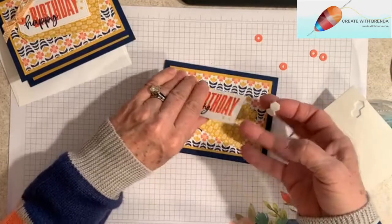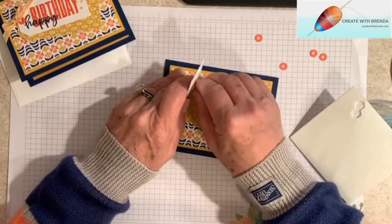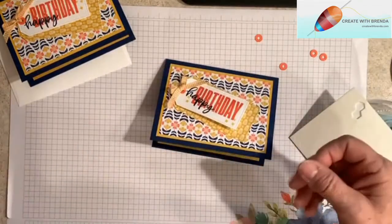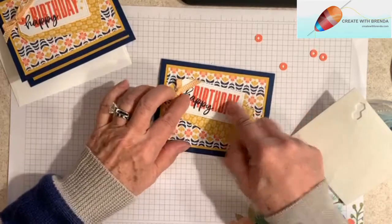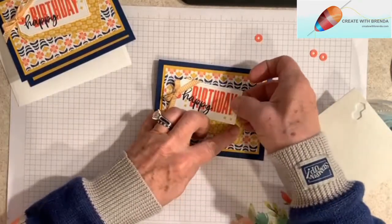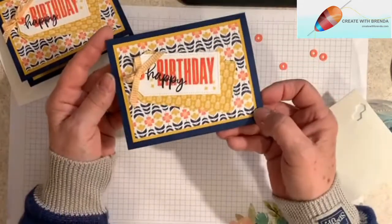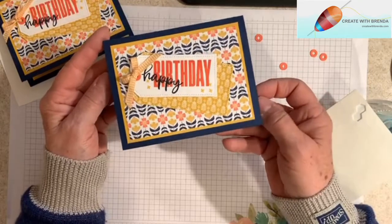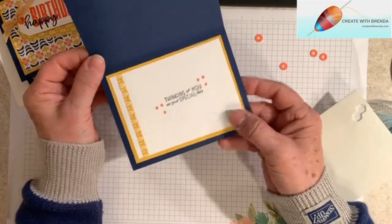And I'm going to add the dimensionals to the back, taking the backing off. And then I'm just going to angle this one up a little bit. Maybe that's more than I wanted. There we go, so that it angles on the card. I won't move that around because that's a lot of pattern and it kind of makes you sick. But there's the inside